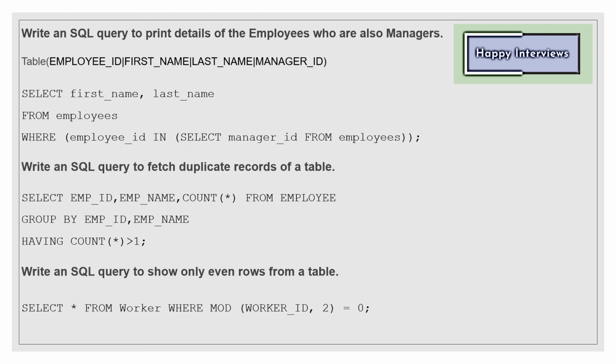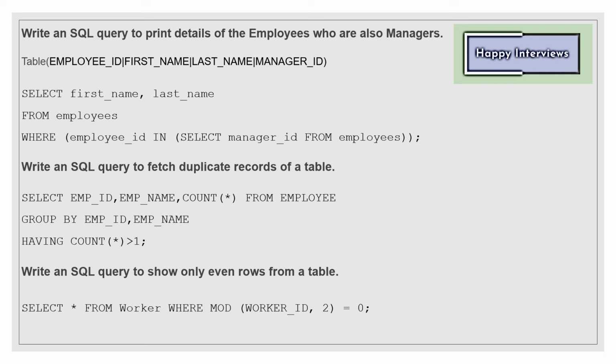Okay, next question is: write a SQL query to fetch duplicate records of a table. Duplicacy means that for any particular primary key there are multiple records. How will we identify them? If you are going on a grouping level, where for one thing you want to find multiple records, then definitely you have to use a group by function. This is how we identify where we need to use group by and where we don't. Wherever you are querying something where, on a particular ID, you are looking for multiple rows, that means the group by function will be there.